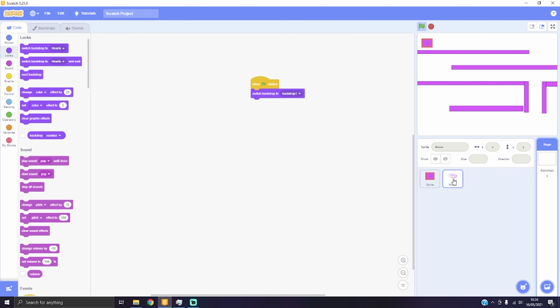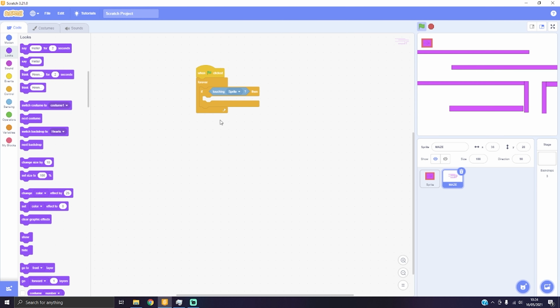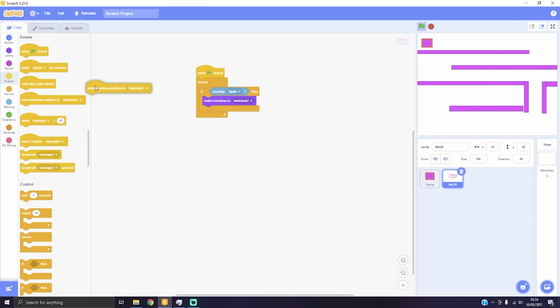Okay, so now we're gonna go back to maze. We already did this, so now we're gonna switch to backdrop 2. That says game over. So we don't want the maze and the sprite to show up when it changes the backdrop to game over. So how to do it? You go to events, and then when backdrop switches to backdrop 2 over here, and then go to looks, hide,